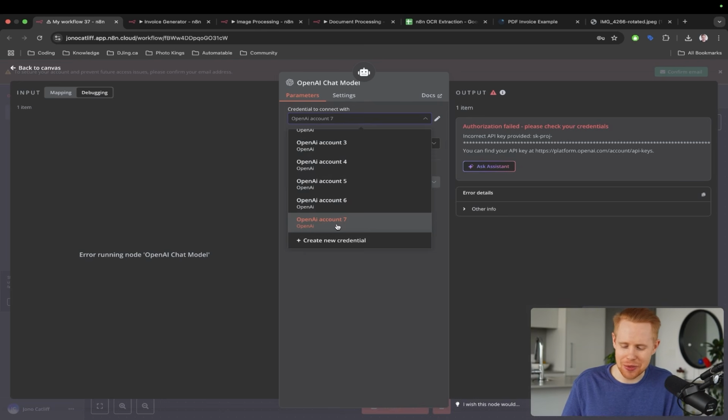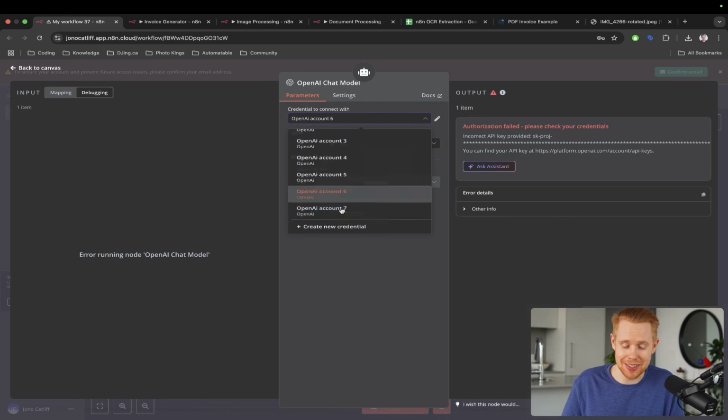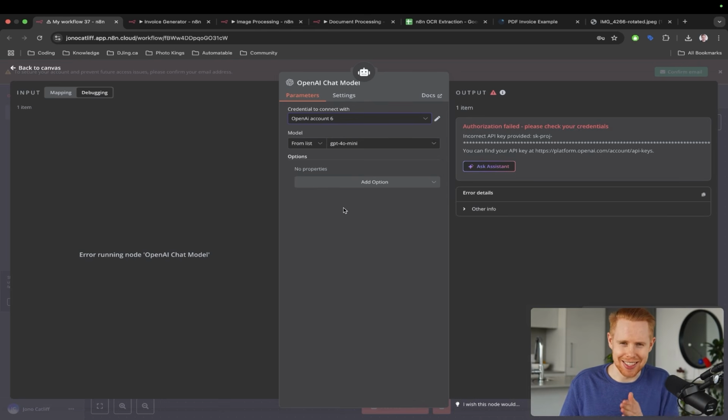And I connected one in that no longer works because I was furiously deleting them the other day because I was like, man, I just have way too many. It's like I always create these API tokens like every single video I do. And I just forget to delete them sometimes, which is a good reminder that if you need an API token and it didn't work here, you can go over to